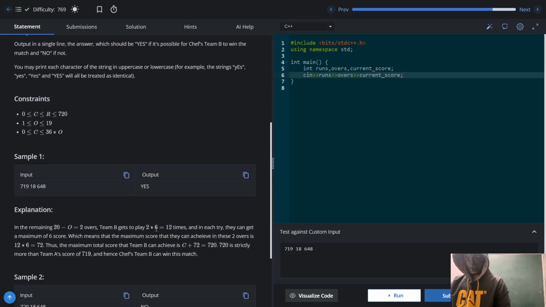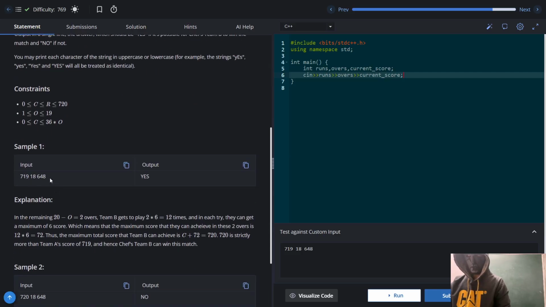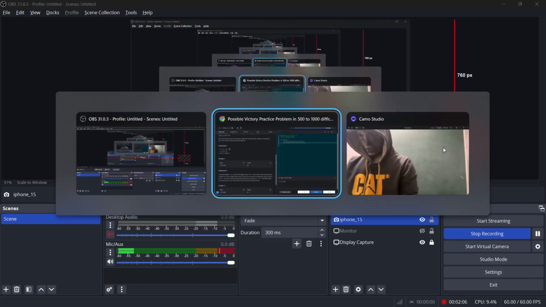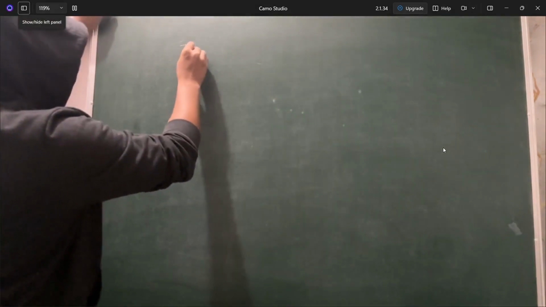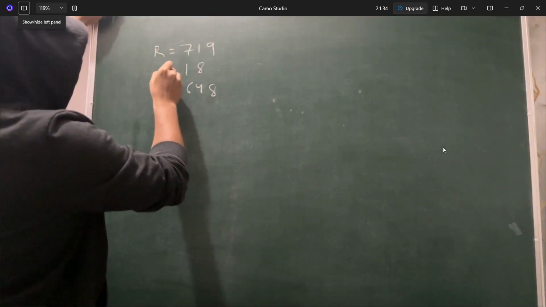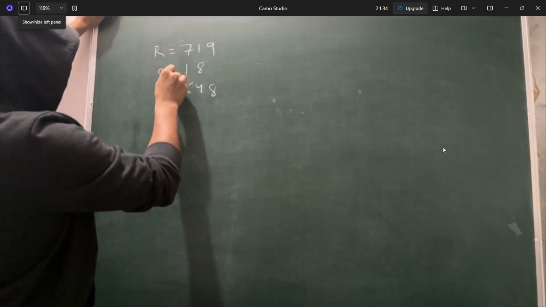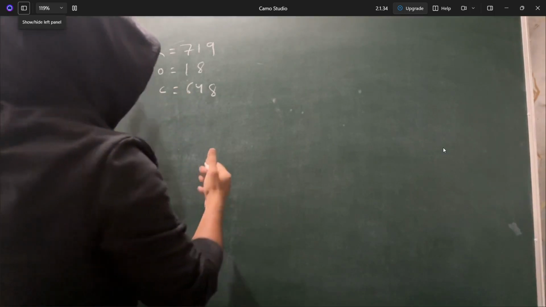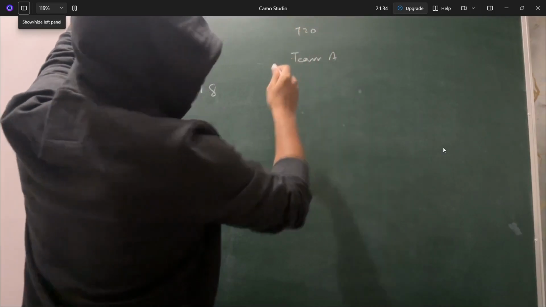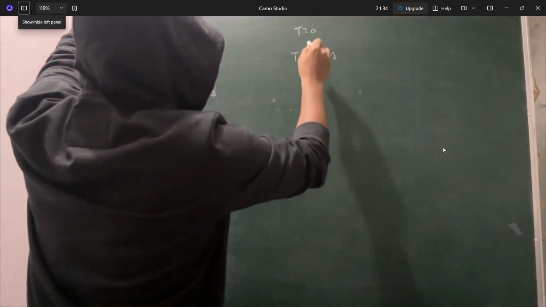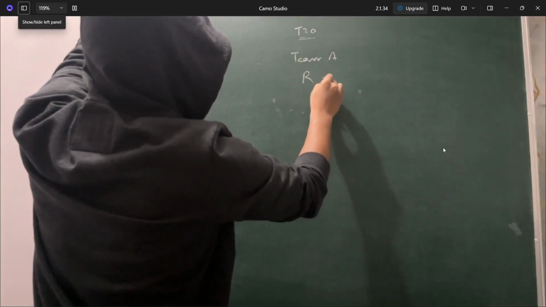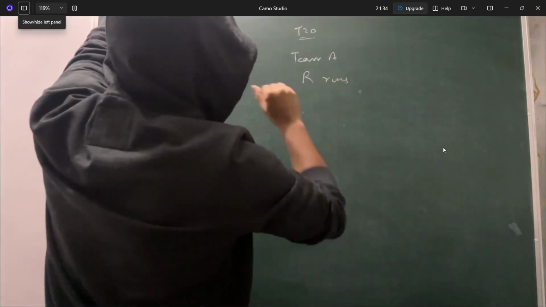So let's understand some of the examples. They have given 2 examples. In the first example we have 719, 18, 648. So this is R, which is runs, this is O, overs, and this is C, current score. What they're saying is team A, it's a T20 cricket match, which consists of 20 overs. So in 20 overs team A has scored R runs. They have scored this many runs, and now it is team B